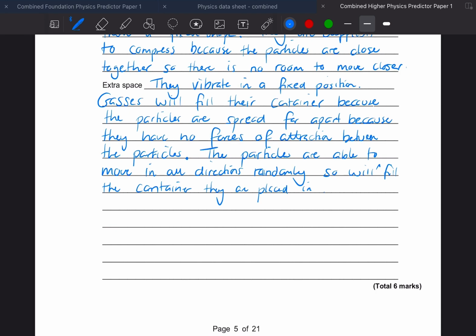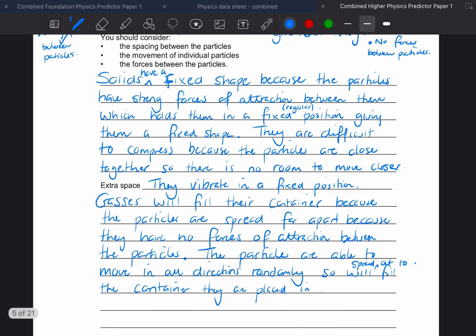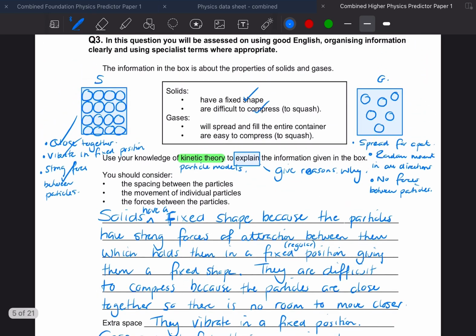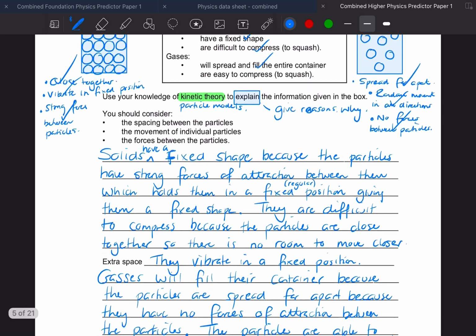So we should add spread out to fill the container they are placed in. So in that one we've talked about they're spread apart, and we've explained why they fill the container. We said that they move in all directions. We said that there are no forces. So the only thing we need to do is say why they're able to